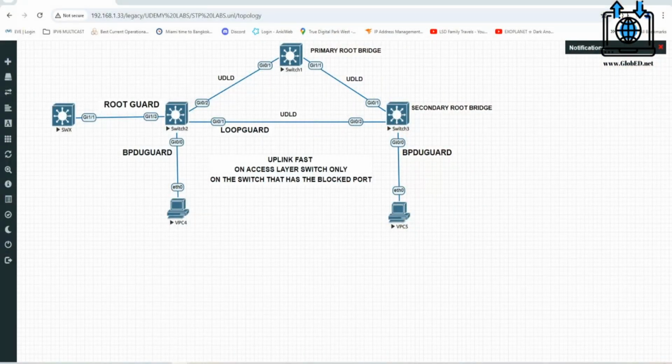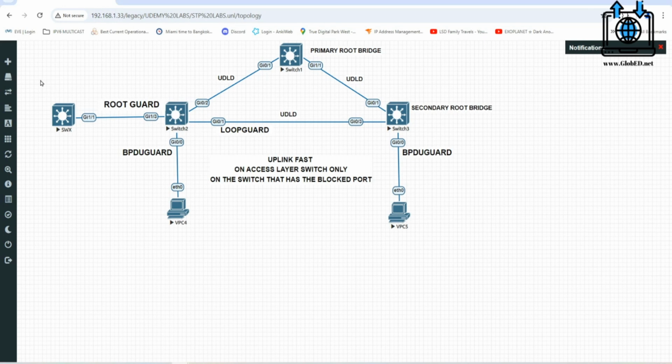So let me show you the topology that we're going to work on here. I already have it labeled out and it's already configured. I'll show you the IOS as well, because based on the IOS, its commands will change. One thing I haven't done is Spanning Tree. This is the root bridge regardless. This will be the secondary root bridge. And this port here is going to be blocked.